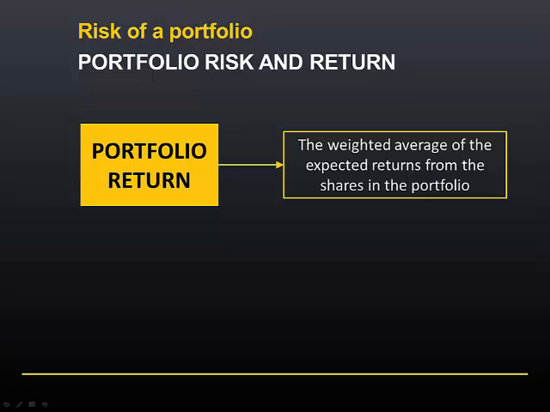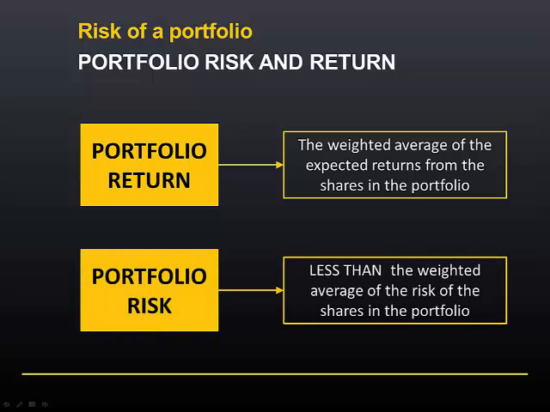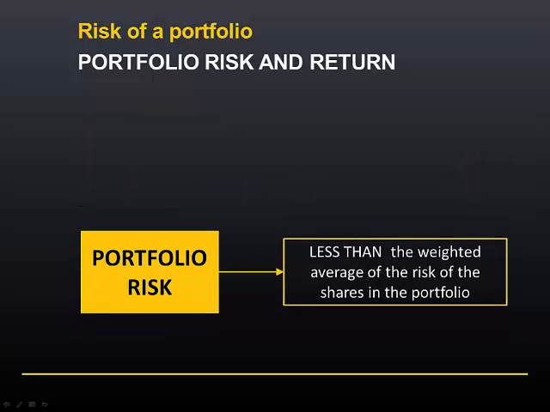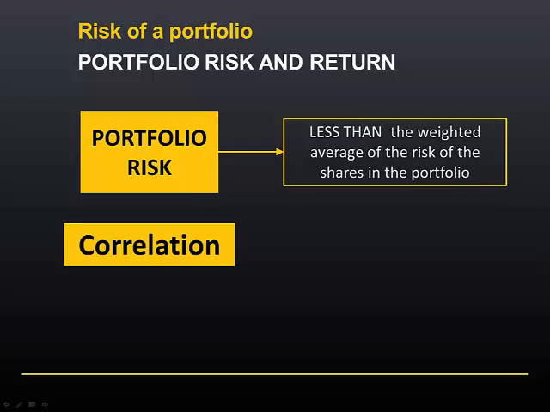In the previous module, we noted that the expected return from a portfolio is equal to the weighted average of the expected returns from the shares in the portfolio. But the risk of a portfolio is less than the weighted average of the risks of the shares in the portfolio. The reason for this is something called correlation, which measures the extent to which shares tend to move together or